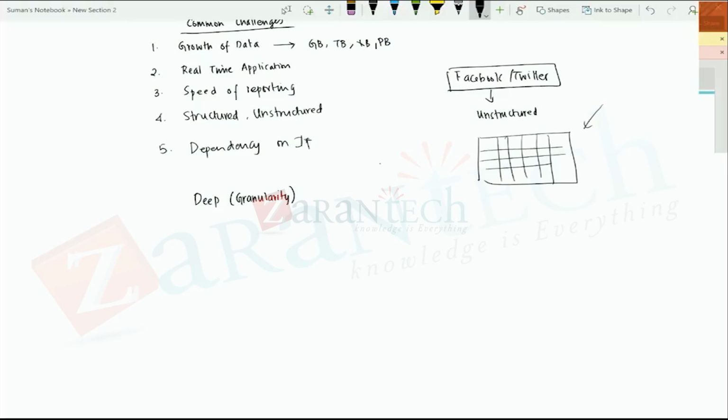I can look at a higher level and say, what is my total dollar amount? It could be 2 million. But I want to go down and understand that product A, 100 quantity was sold, and that contributed $100,000. So I should be able to drill down from a summarized view